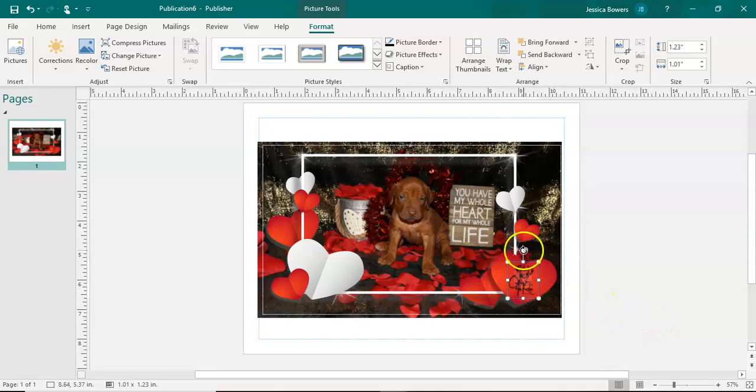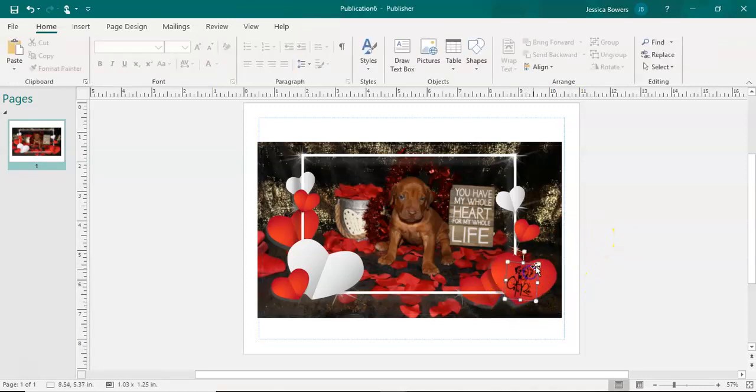And it's already kind of at an angle. If you need to manipulate it, then you can go ahead and turn it. You can see it moving. I just want this lined up nicely with my heart. All right, so now that I have my logo here,